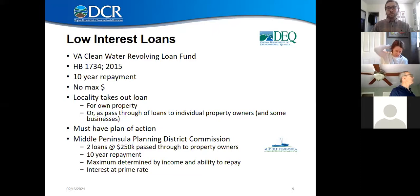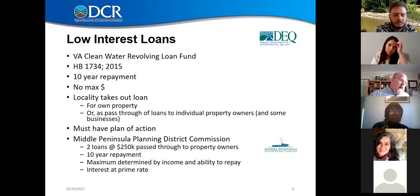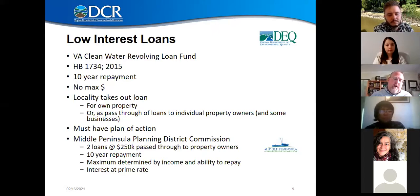It's a 10-year repayment. And it's been very popular in the Middle Peninsula. They've loaned out, I think, most of that $500,000 to individual property owners. And so we really like to bring this example up in places like the James, where there's not this program, that if there's enough landowners that would be interested in this type of program, it's really going to take them talking to their locality